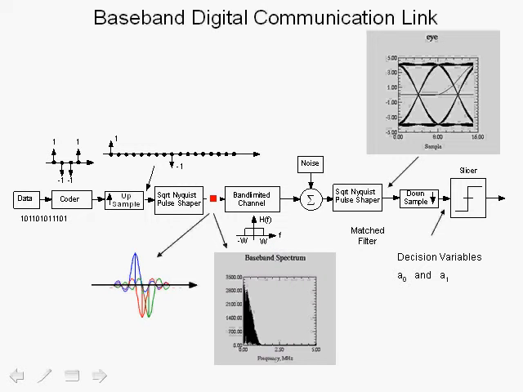In the next section, we will explain the operation of a match filter at the receiver, which is the optimum receiver for the case where we have additive white Gaussian noise, and a maximum likelihood detection scenario, in which case we're assuming that the data symbols 1 and -1 are equally likely. And we'll come back to this block diagram as we discuss the different components of the block diagram in more